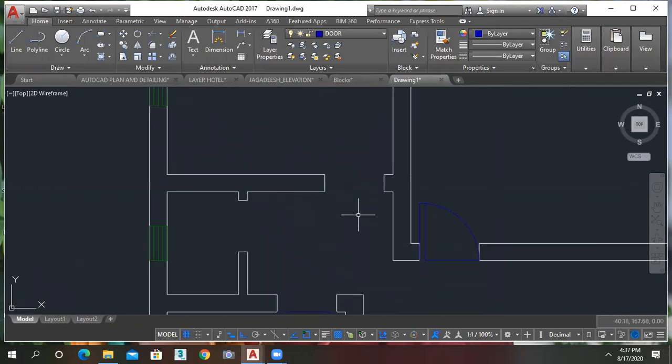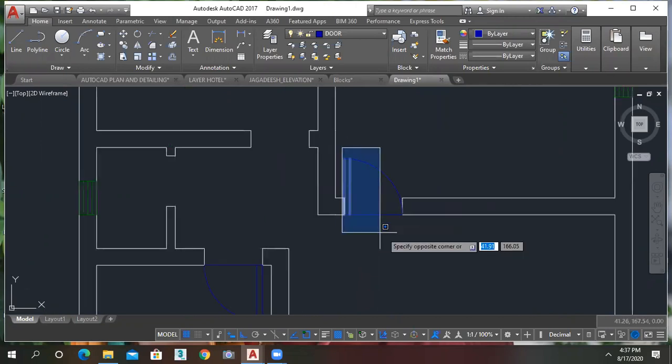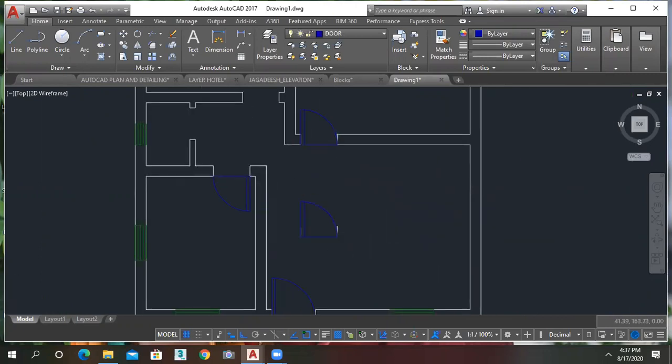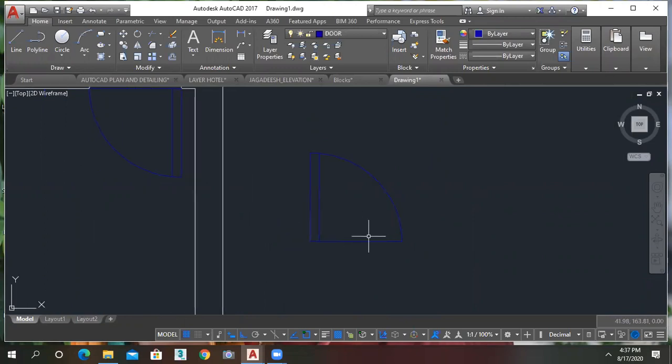Okay. Same, you can copy it like this, or else you can use the mirror command also. Just copy this, and make it mirror. Just delete this unwanted portion and mirror, MI, select and pick axis. I want to delete this door, right? So erase, S, and then move it.